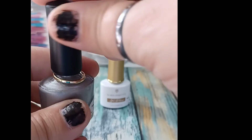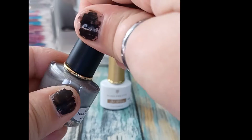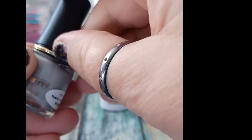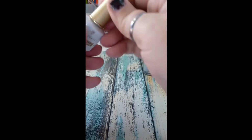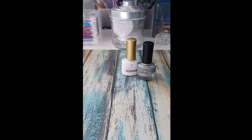I don't know if that's supposed to stay on your thing or come off. I think it's supposed to stay on there. And it didn't. Oh well. Yeah, because it stayed on the other one, but it didn't stay on that. Can't wait to try